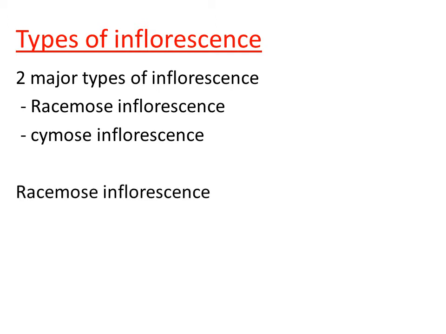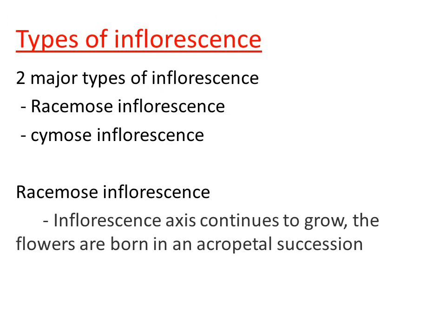Why is the inflorescence called racemose inflorescence? In the case of racemose inflorescence, the flower formation takes place on the floral axis, right? The floral axis does not end with a flower. When the inflorescence axis continues to grow, it keeps on adding new flowers to the inflorescence. Such an inflorescence is called racemose inflorescence, right?